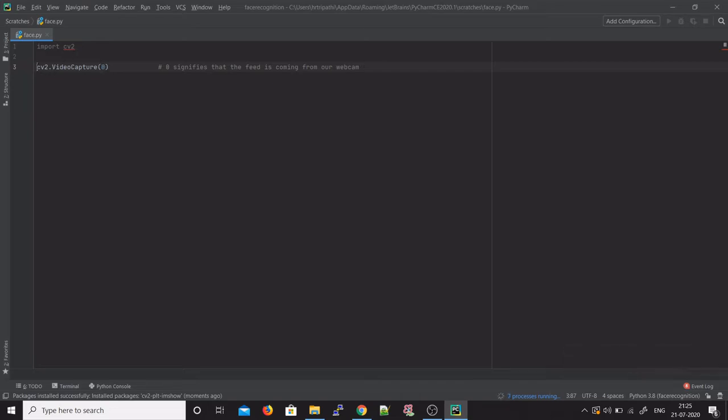That is a simple Google search away. But for this case, I'm going to be using our webcam feed, so I'll be passing the parameter 0. I'll be assigning this to an object called cap. So that's it.